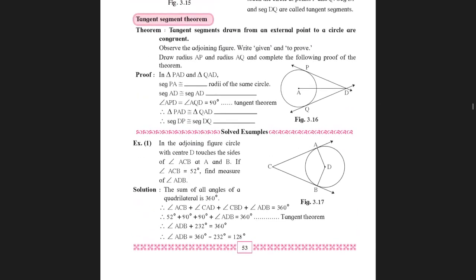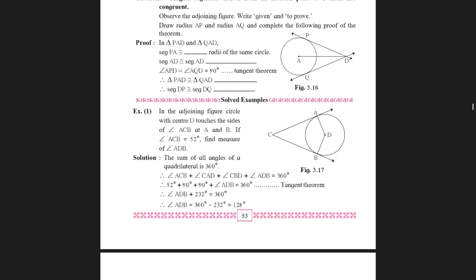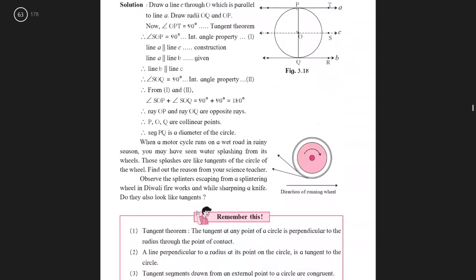Now, here you need to write given, to prove, construction, and the proof. When you are asked to prove this theorem for your exam, you are given marks for all this: given, to prove, construction, and proof along with the figure. So please remember to write everything in your classwork. After this,